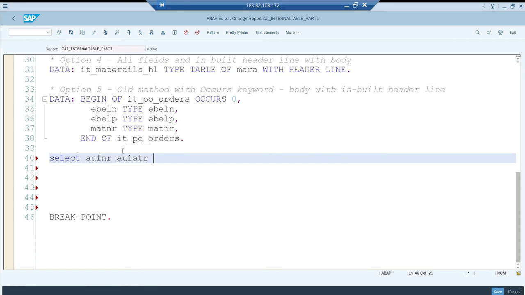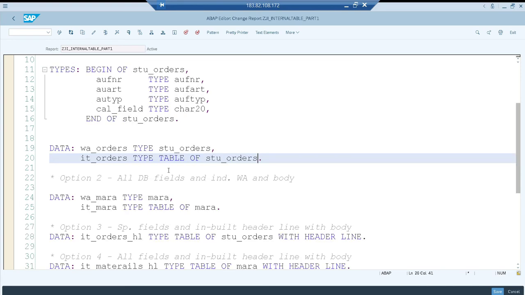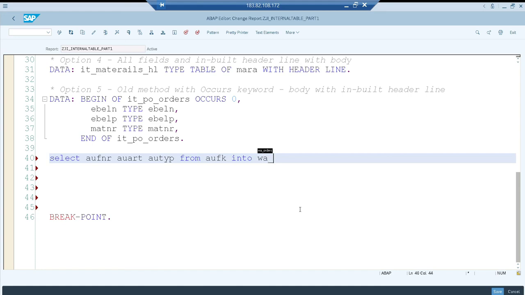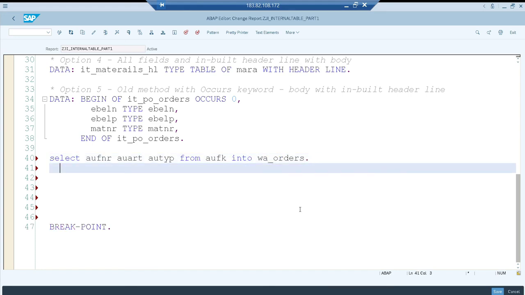AUART, AUTYP from AUFK into. Okay, what is the name of the, this is for option 1, WA_ORDERS. So WA_ORDERS. I moved it to the work area. Then I need to use append to move the information to